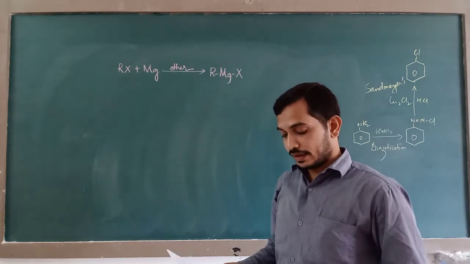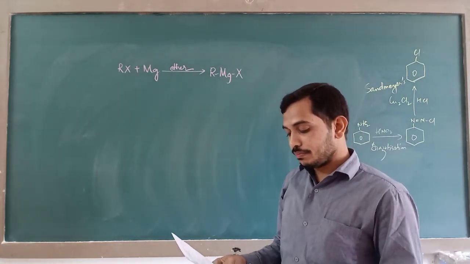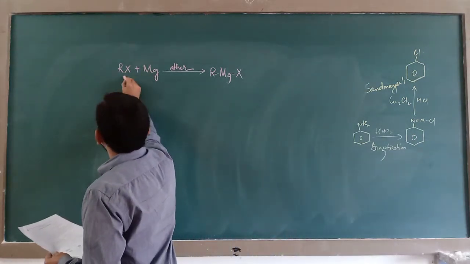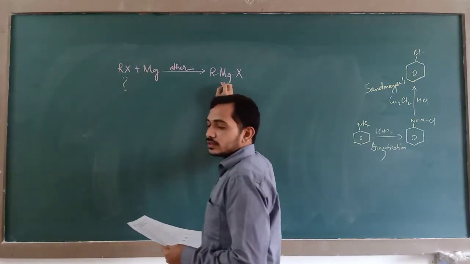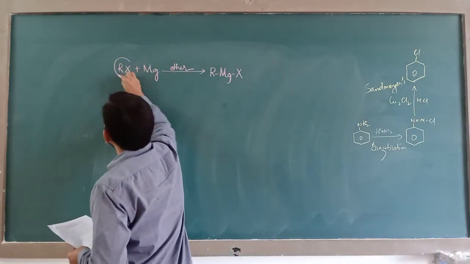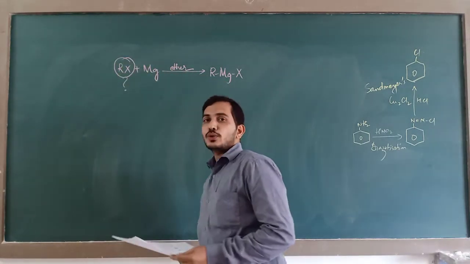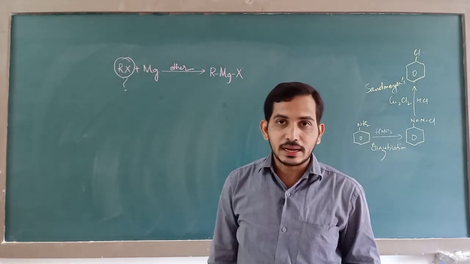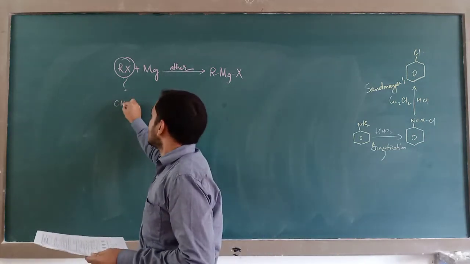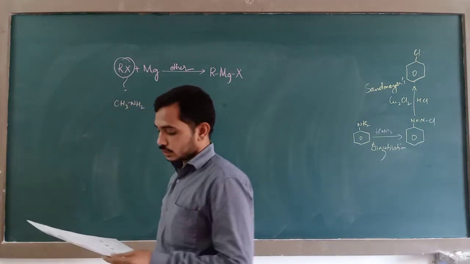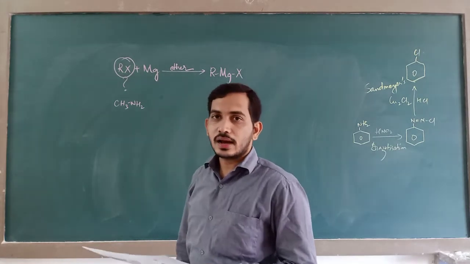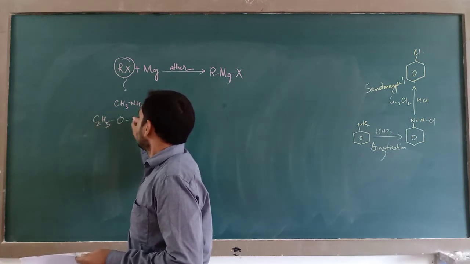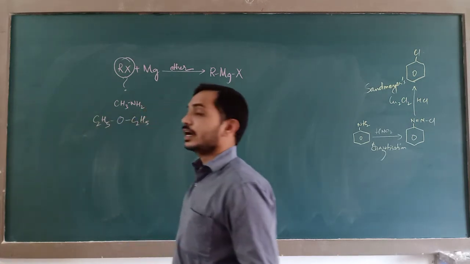Now the question says, a Grignard reagent may be made by reacting magnesium with. If you are going to react magnesium with what, you are going to get Grignard reagent. So your answer should be alkyl halide. Now search for this option in the 4 given below. The first one is methylamine, that is CH3NH2. This is first option. Second is diethyl ether. This is second option.